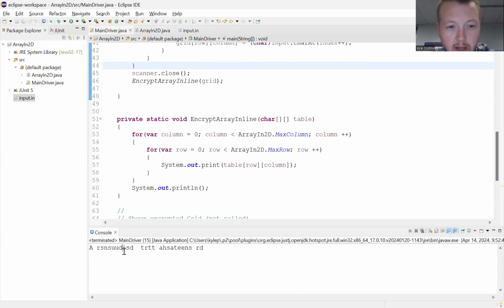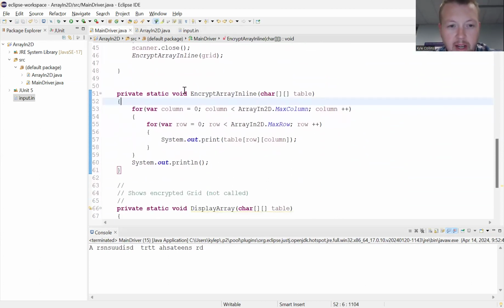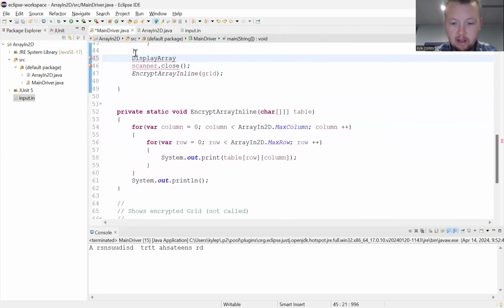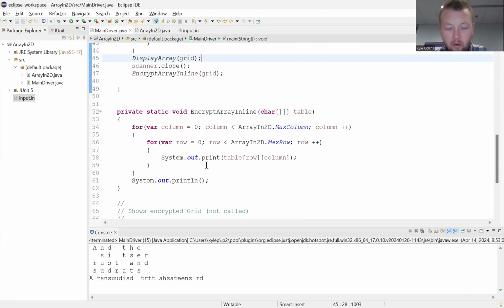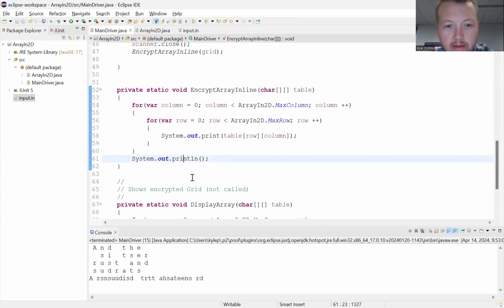So that's the result. We'll get there. So basically, I guess it's as simple as, or shouldn't have that back in here. This display array is the exact same for the encryption. The only difference is one calls it columns first, and then the encrypt array in line, and we get rid of the